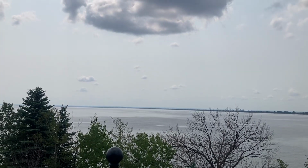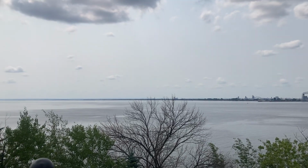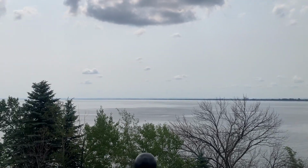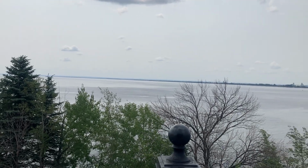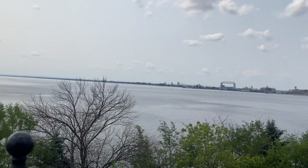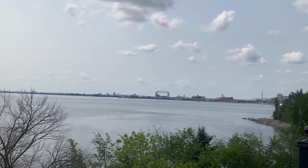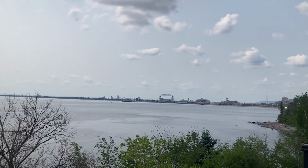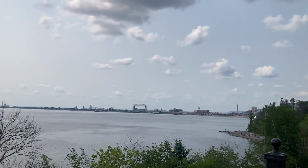And what you're going to see off to the right is, first of all, a large strip of land that is the world's largest sandbar, Park Point or Minnesota Point. And what connects Minnesota Point to the rest of Duluth is the aerial lift bridge. It's a canal that the ships...